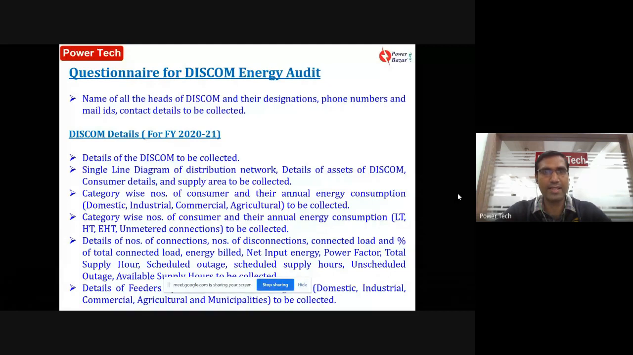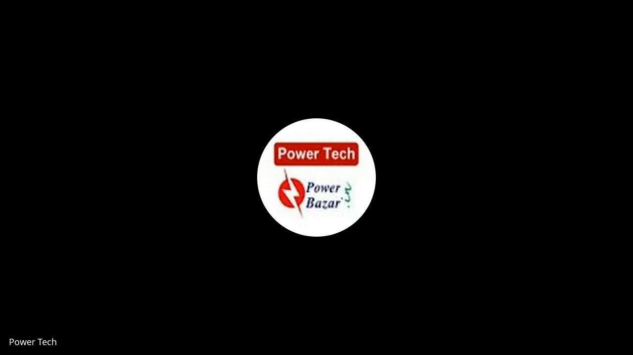areas, and also the category wise details of the consumers, and what is their energy consumption, and details regarding the number of connections, number of disconnections, what is the connected load, what is the percent of the total connected load, how much energy is billed, and then also at the same time what is the total supply hour and scheduled outage, and if any scheduled power outage is there, those details need to be collected. Similarly, the details of the feeders also need to be collected. And then what are the meter